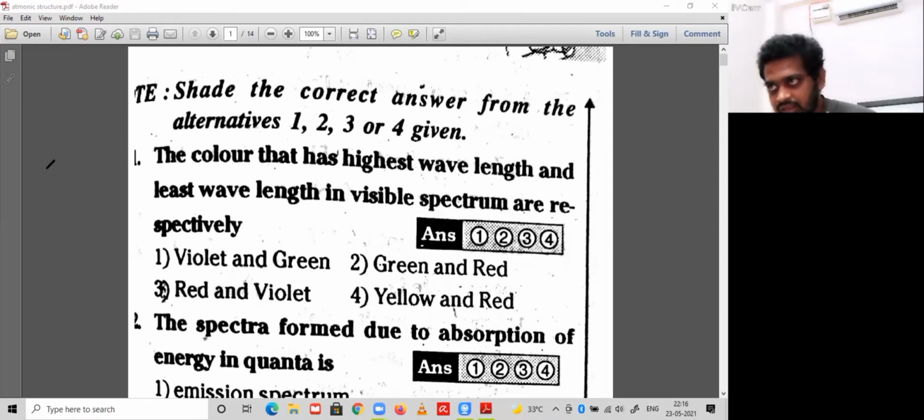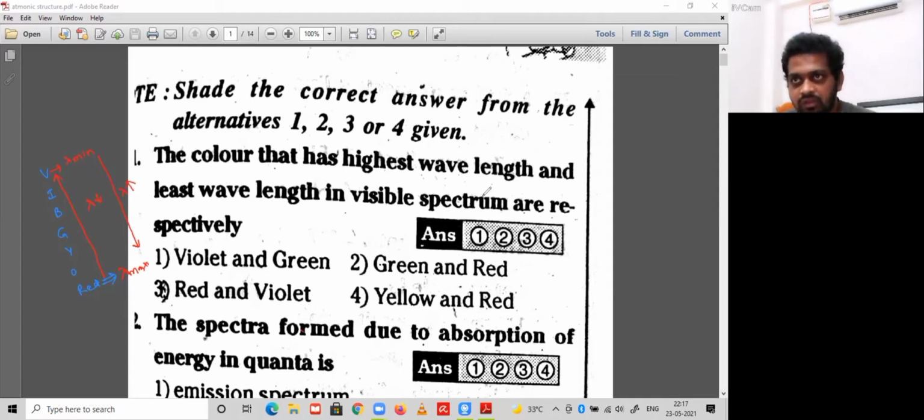See, look here at the VIBGYOR pattern. V stands for violet, I stands for indigo, B stands for blue, G stands for green, Y stands for yellow, O stands for orange, R stands for red. So the red color will have the maximum wavelength, and the wavelength of violet is minimum. As you move from red to violet, the wavelength decreases. As you move from violet to red, the wavelength increases.